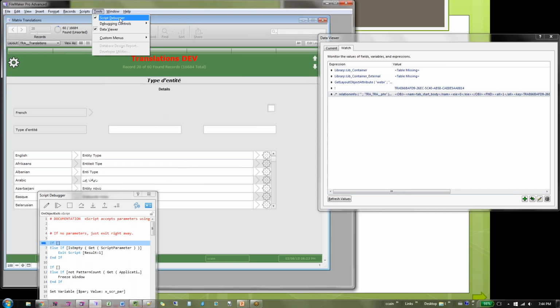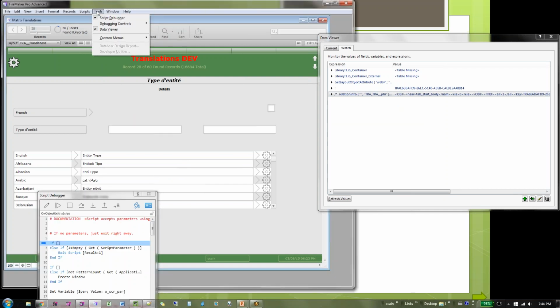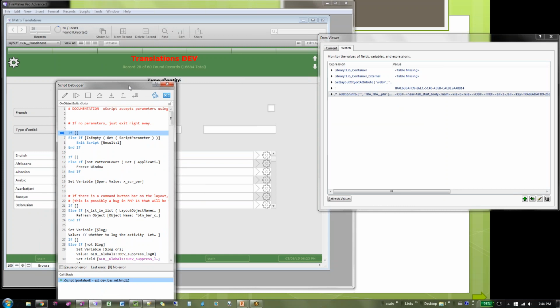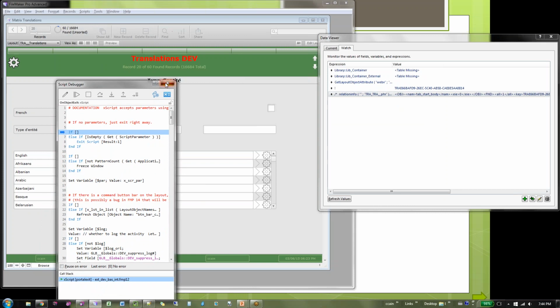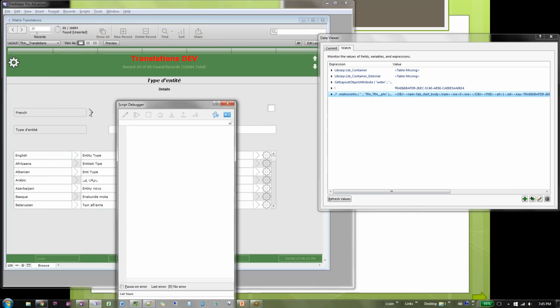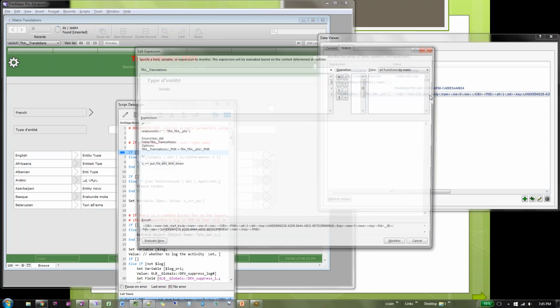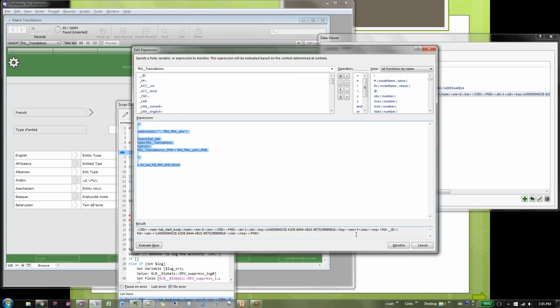Let me try something here. I'm going to kill this. Tools. No. What am I doing right now? Oh, portal exit. Tools, debug. Actually figuring out which will be a better example for next time. I hope you'll forgive me. Yeah, this is actually a bit... It turns out that one for the translations, because it's more than one table away, it's unable to parse. So that one was just looking for keys, which isn't that exciting.